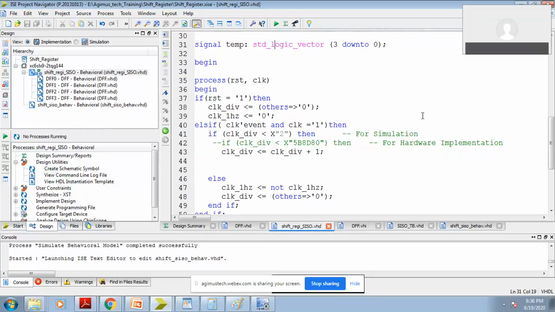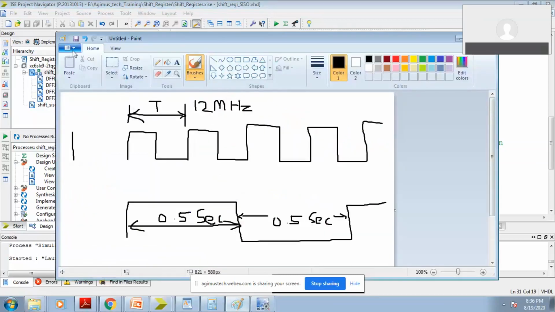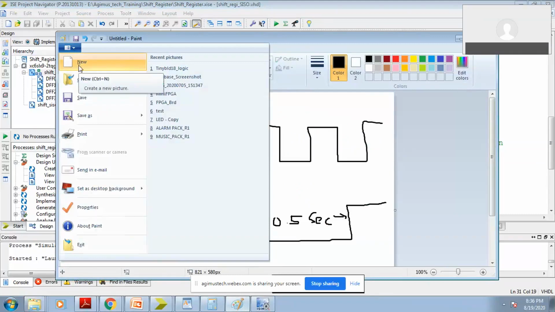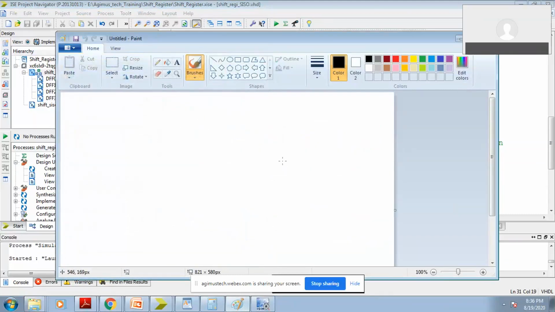If it is above the 6 lakh, then I make that clock div 0 and I generate another clock as clock 1 hertz. I'll explain this with a diagram, that will be better.